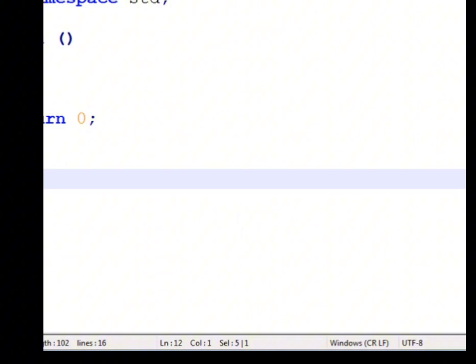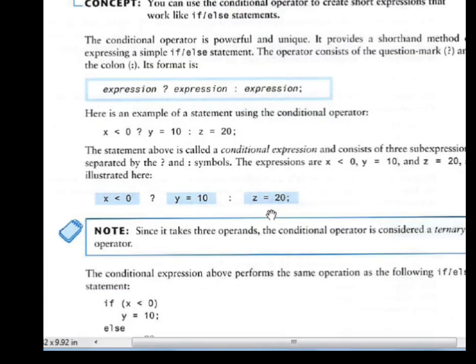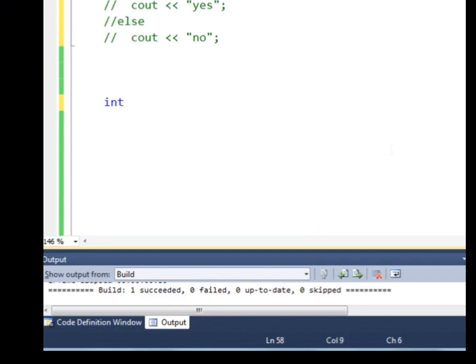Let's say I have a variable a here which contains 3, a variable b which contains 5, and I want to store something into variable c depending upon the comparison of, let's say, a and b. If I write it first of all using an if else statement, let's say if a is less than b,